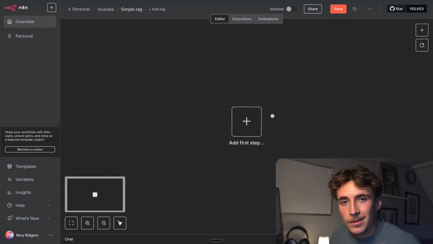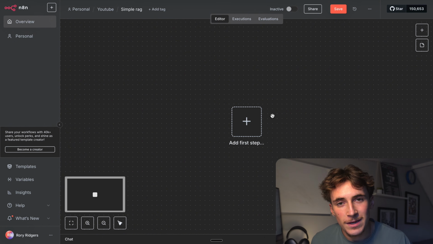find. So for example, if you've got company information in there and you want to find your opening times, let's say, the AI agent can query the vector store with just the words opening times, and then the vector store will quickly be able to go through all of that data and give you back the most relevant content. We'll give your AI agent back the most relevant content and then it can summarize it for you. That, like I said, in the simplest form, is essentially what a RAG system is, and that's what a vector